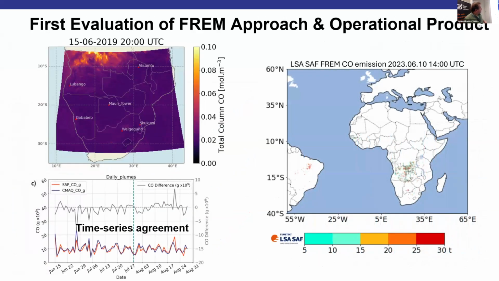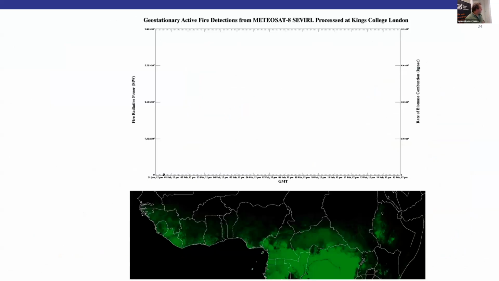Here's some atmospheric model fed with that data, and we sampled this model with Sentinel-5P observations and found really super good agreement and very little bias between the two, so it seems to be working. And that product is being done operationally now from the EUMETSAT Landsat. You can get this fire emissions product, not only CO, many other gases and particulates as well, and then we'll be transitioning that to Meteosat 3rd generation imminently once we get the data.